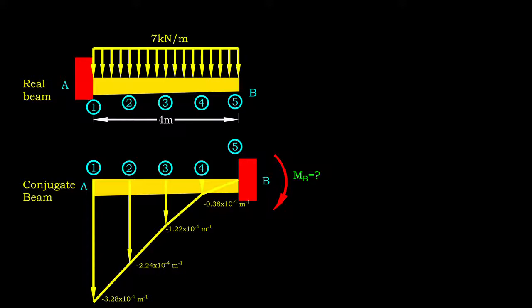Recalling that we have segmentized the beam, it is necessary for us to mark the load magnitude at every 1 meter ordinate. Finally, we calculate the internal moment developed at the point of interest to determine its actual deflection. The moment at the fixed end of the conjugate beam is the product of load and its lever arm measured from here.